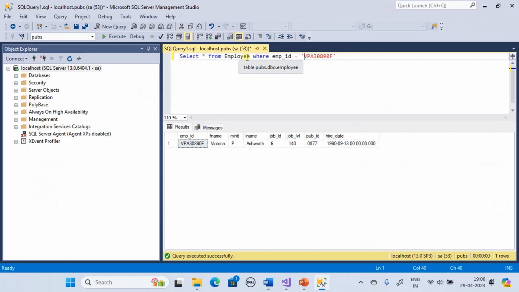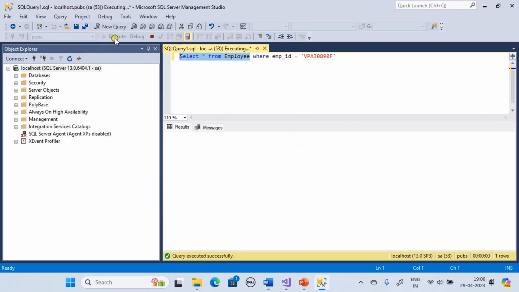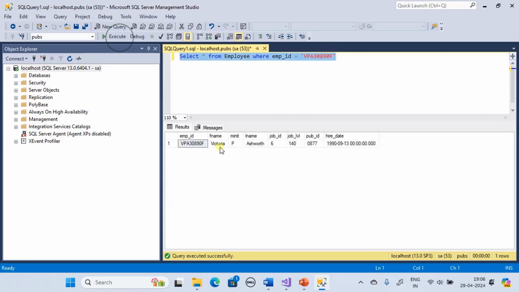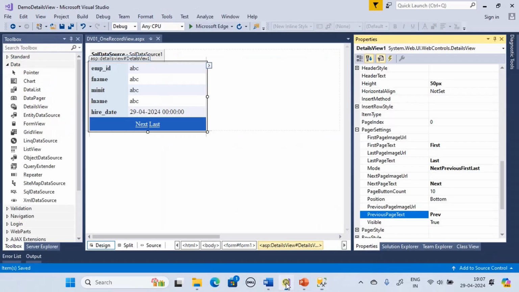let's look at here, select star from employee, and these are all the employees, and in that this specific ID has the employee detail Victoria P. Ashworth, and hire date is 13/9/1990. Right, now let's run this,